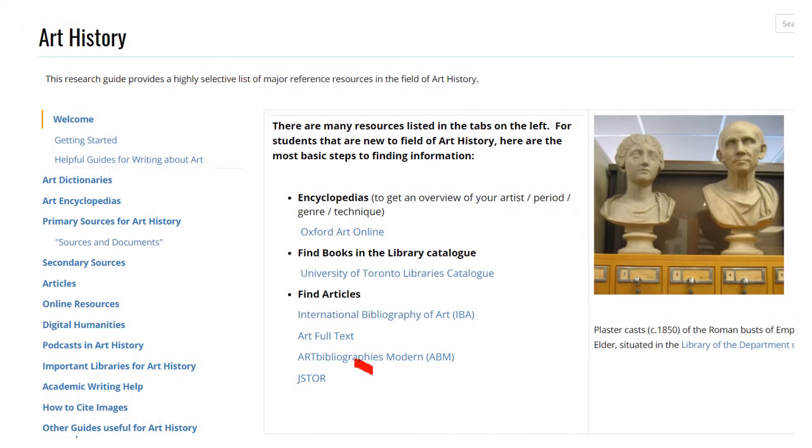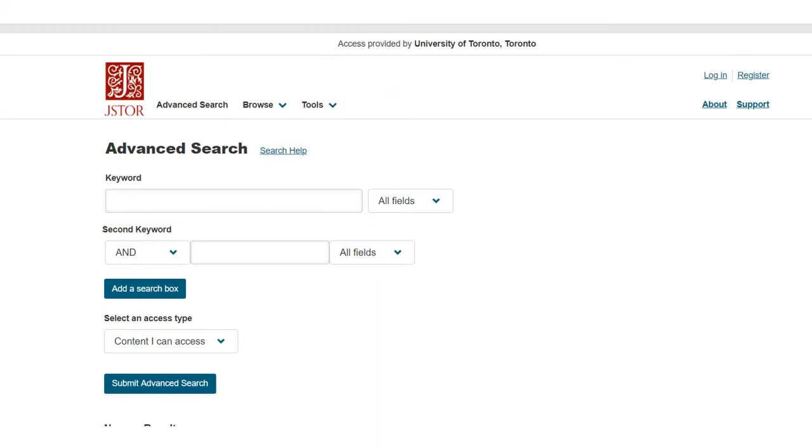Okay, the last thing I'm going to show you is JSTOR. You can always be guaranteed that whatever you find in JSTOR is scholarly and it is only journal articles. So let's take a look at good old JSTOR. Here is the search interface of JSTOR, and again, you'll probably need your UTOR ID to get into most of